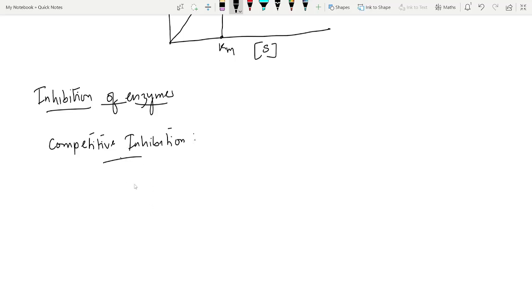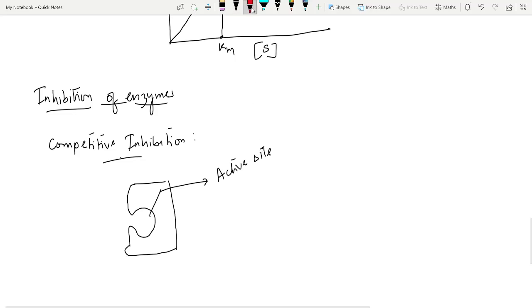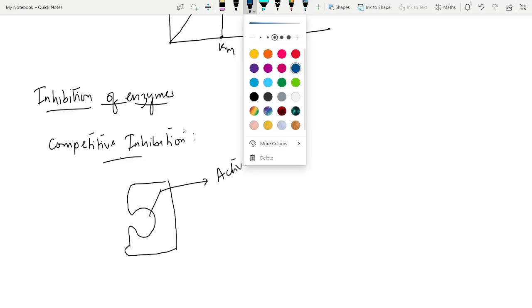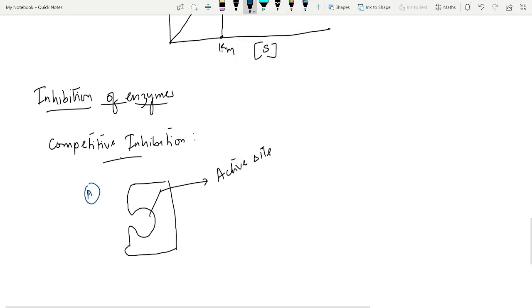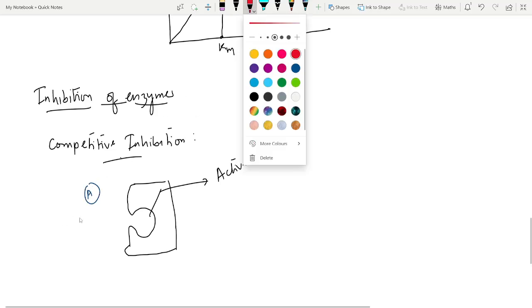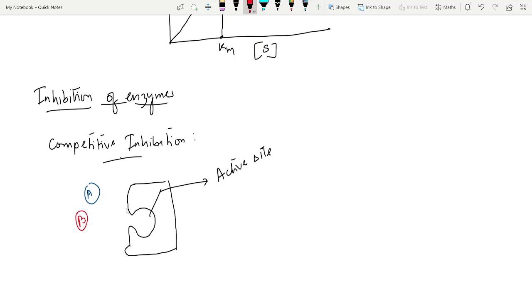Now, suppose you have an enzyme. Suppose this is an enzyme here, right? And this enzyme has an active site, right? This is an active site, okay? Now, there are two substrates, fine. Suppose this is substrate A and there is another one which is substrate B, right? Now, if substrates A and B are similar in shape,